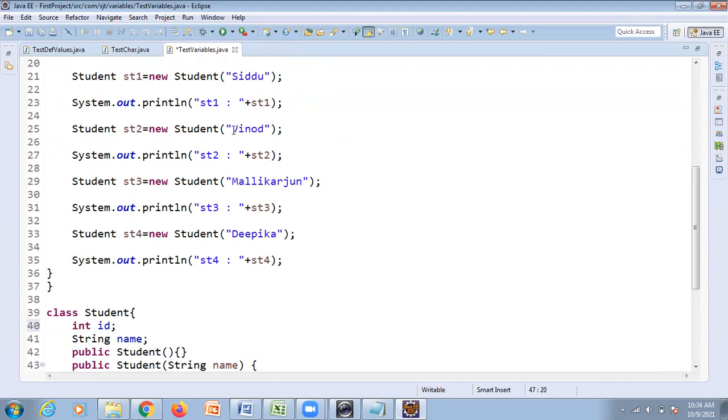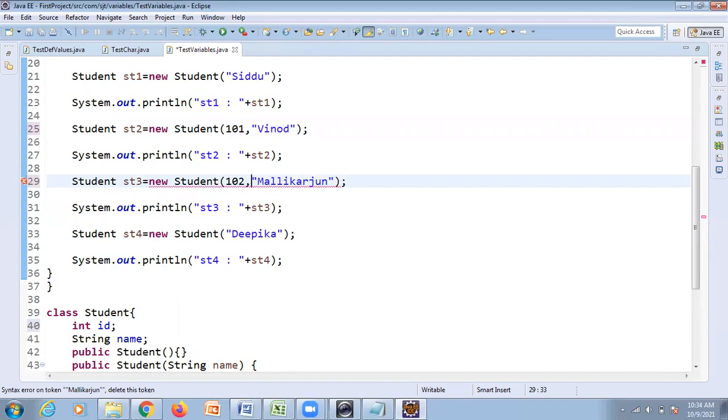For these objects, I'll add these values, that is 101, and this is 102, and 104.